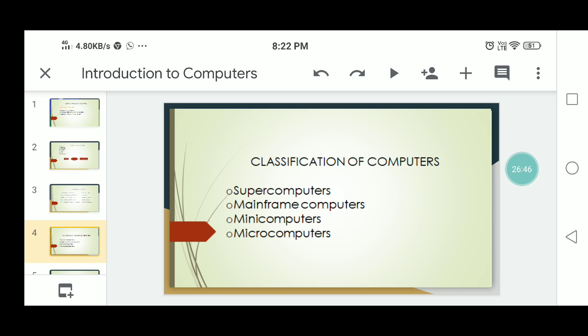Next, coming to microcomputers, commonly known as personal computers. These are very small and cheap. The first microcomputer was designed by the IBM company in 1981, named the IBM PC. Another popular type of PC is designed by Apple. PCs are designed by IBM and other PC compatible computers, which have a different architecture from the Apple computers.